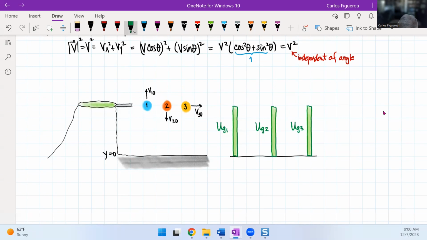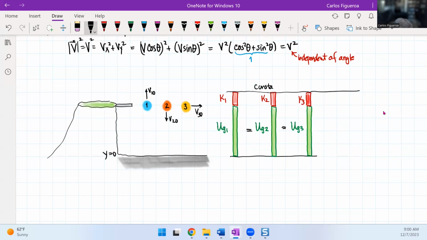Now, because kinetic energy only depends on speed, that tells me that each of these must have the same kinetic energy because they were launched with the same speed. So in other words, each of these guys has exactly the same kinetic energy. In other words, each of these balls has the same